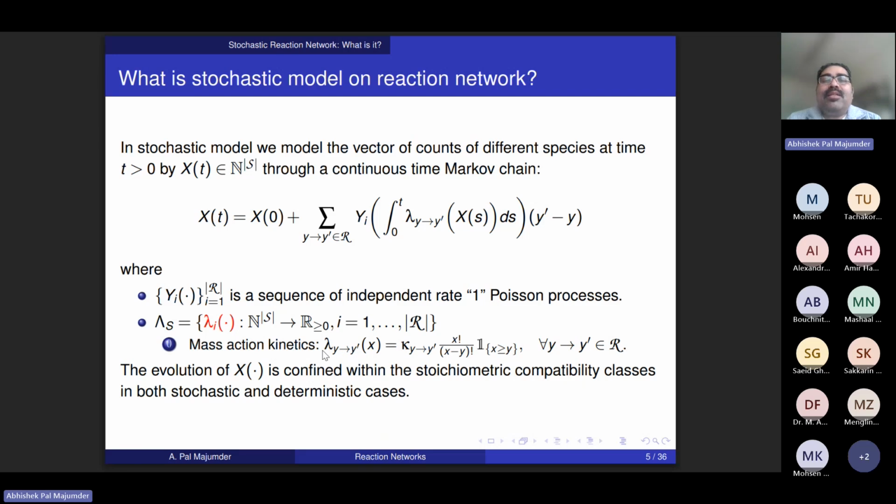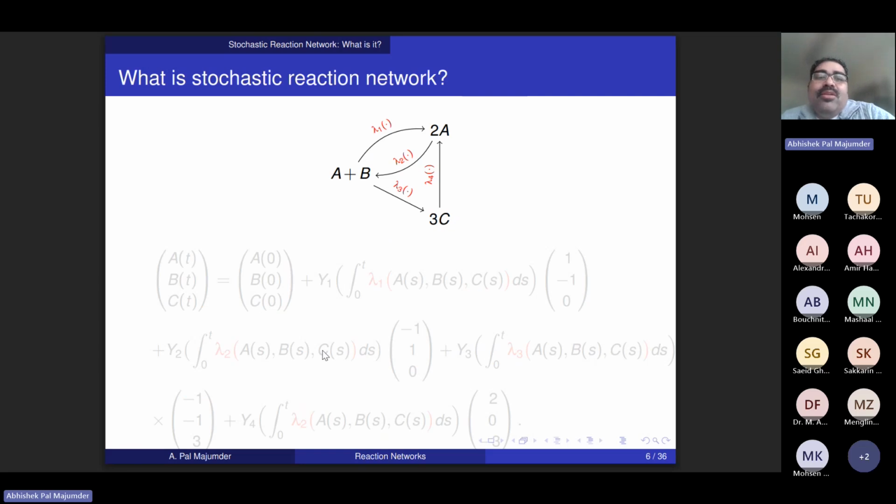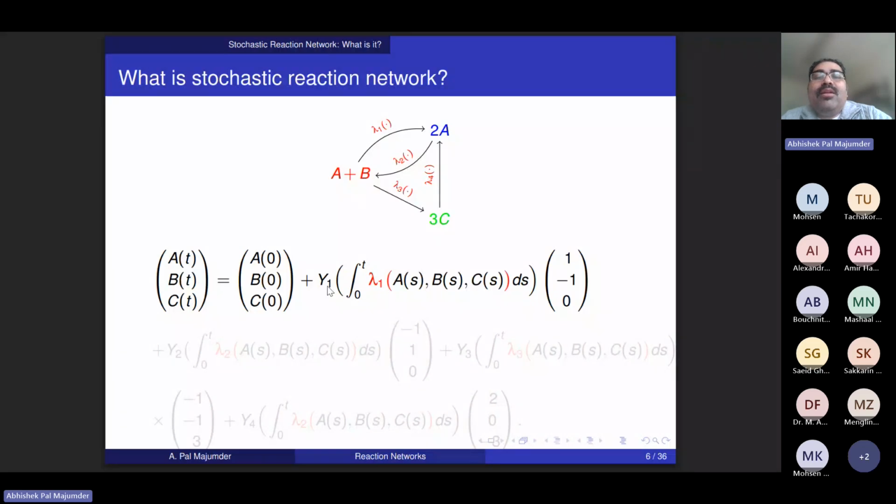So if I see under mass action kinetics how the last reaction looks like, we start with the initial counts of species taking part in these four reactions. You have A naught, B naught, C naught as the initial counts, and At, Bt, Ct are the species counts at time t. The first reaction, y1, basically means the number of times up to time t that the first reaction, which is A plus B to 2A, is taking place. When the reaction takes place, the change in the species space happens by this particular factor, because A plus B going to 2A means that A gets increased by 1, that is here plus 1. B decreased by 1, which is minus 1, and there is no C taking part in this reaction,